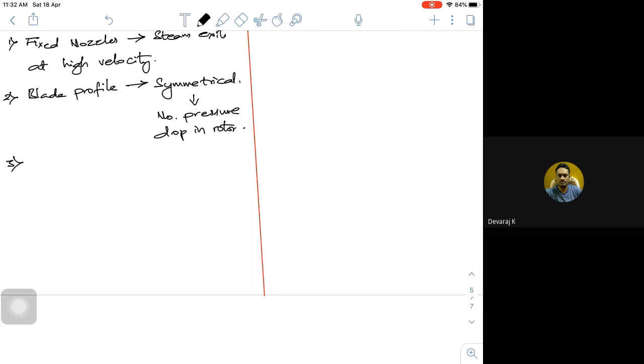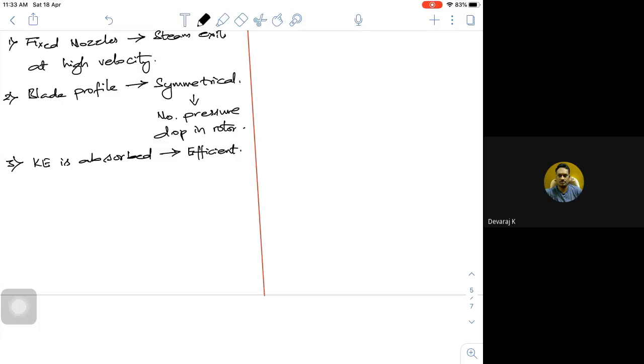Okay. Then maybe the third point, when I speak of high velocity, I am going to absorb the kinetic energy. As the kinetic energy is absorbed, see, because of the symmetrical profile, the kinetic energy is absorbed properly. If it is absorbed, this is more efficient, if I'm able to convert it properly, with perfect absorption. Fine.